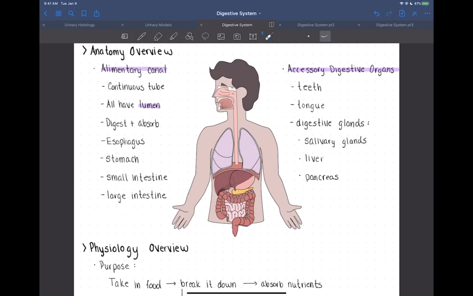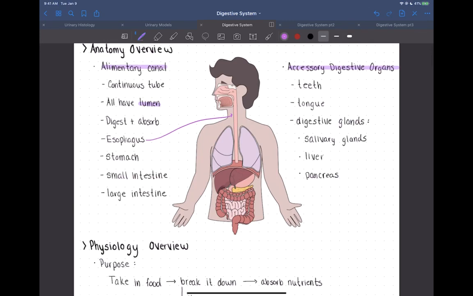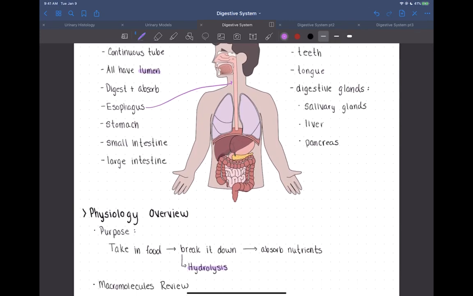Some of the organs that are included are the esophagus, and we can point them out as we go through them. So this would be the esophagus. That connects the oral cavity to our next structure, which is the stomach here. You can see the stomach tucked behind the liver there. Food would move down the esophagus into the stomach here. And then from the stomach, it would move into the beginning part here of the small